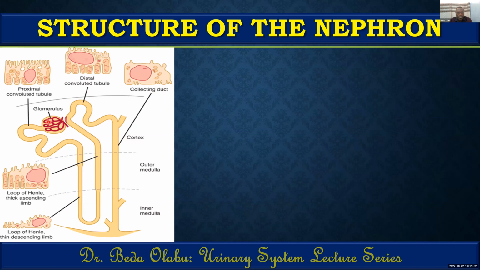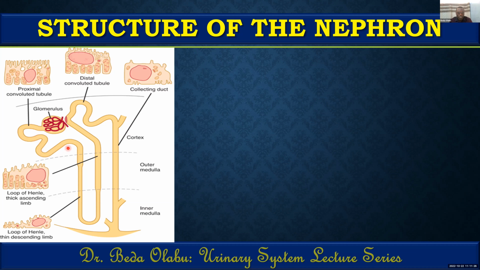The renal corpuscle consists of the glomerulus and its Bowman's capsule. This is where urine formation takes place, or rather urine filtration takes place. We call that glomerular filtration. Then from there, the filtrate goes through what we call the renal tubules, largely consisting of three major segments: the